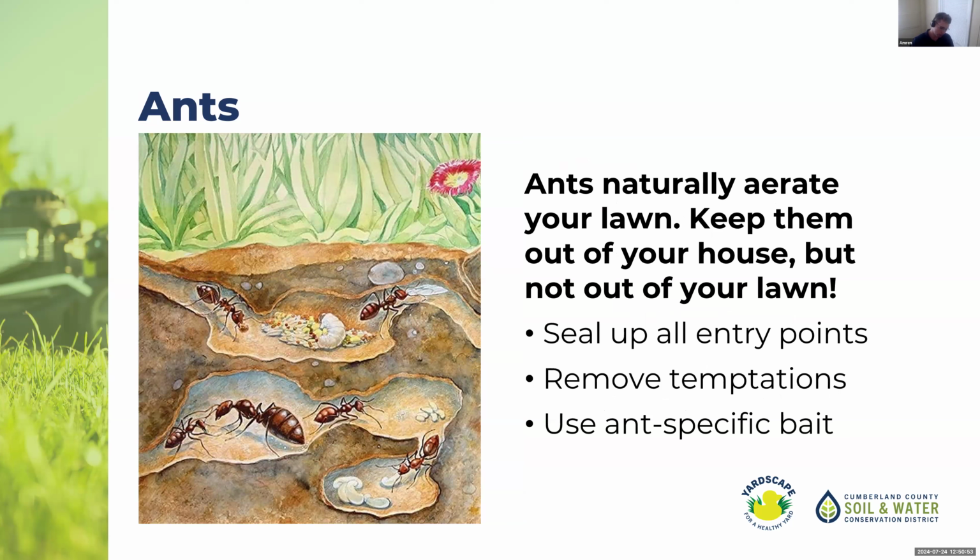So we recommend that you try to keep something like ants on your property and just try to live with them. But if you don't want them in your house, then you should take preventative measures to keep them out of your house instead of trying to take care of them by using some kind of chemical insecticide once they're into your house.